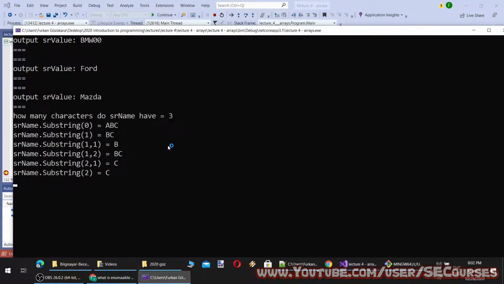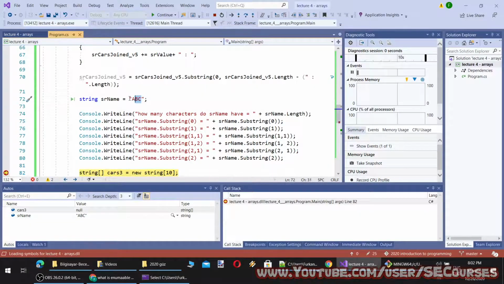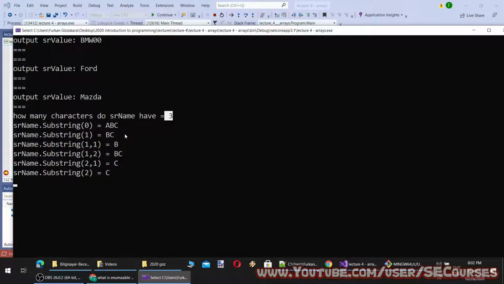Okay, so how many characters does the name have? It has 3 characters. Why? A, B, C, 3 letters. And what is substring 0? Substring 0 means A, B, C. Why? Because it starts from the first index and gets the rest of it.